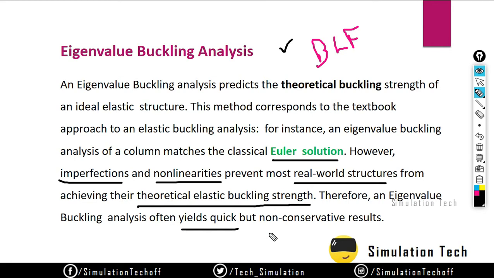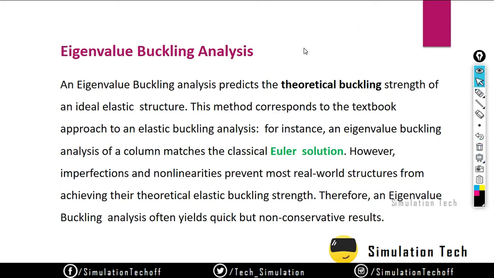But linear buckling analysis is computationally much less expensive and cheaper compared to non-linear analysis. Non-linear analysis takes a lot of time, both for pre-processing and post-processing. I will move on to the next slide.